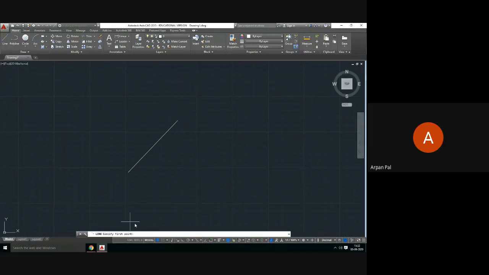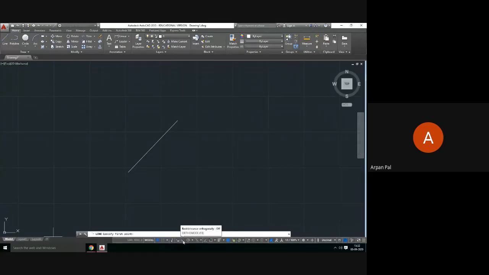Then just come to this bottom section here. In some versions of AutoCAD you can find it here, but it will obviously be in the bottom toolbars. Here, if you move your mouse one by one, you will get one that is a symbol of 90 degrees. It is called ortho mode.